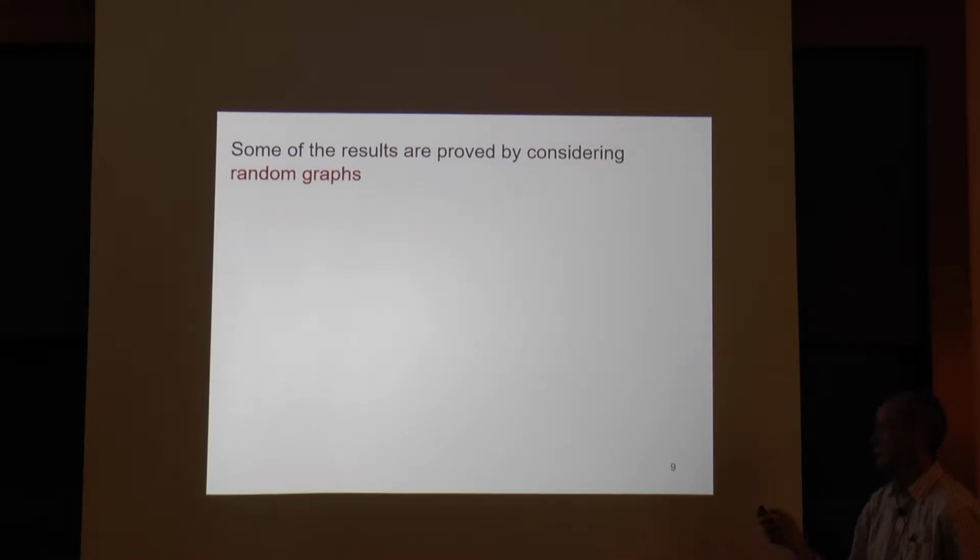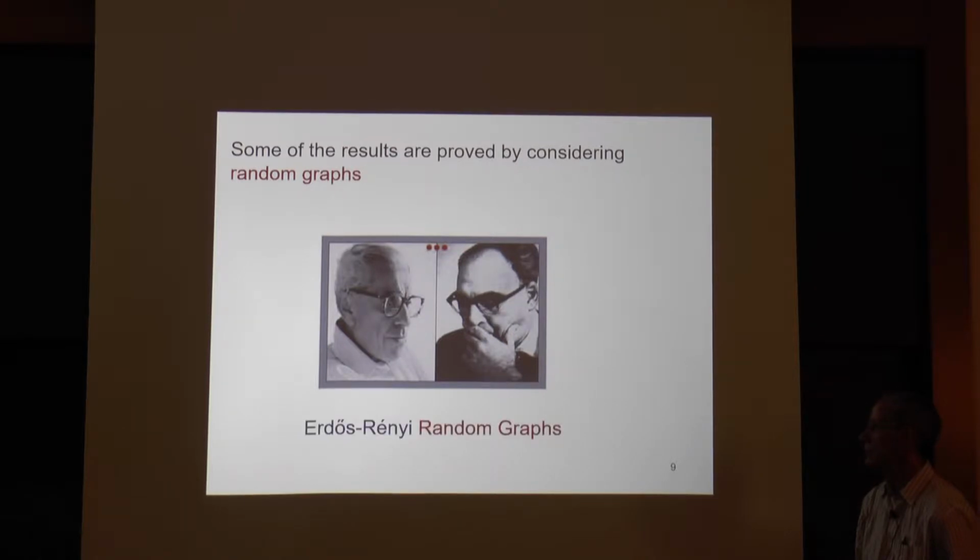So this is what I wrote here, that some of the results are proved by considering some random graphs. And of course, the best known model of random graphs is the Erdős-Renyi model. So here you see Erdős and Renyi. And what I usually say is that this is called the Erdős-Renyi random graphs model because it was introduced by Gilbert. And actually, it was really introduced by Gilbert a little bit before Erdős and Renyi. And their model was a little bit different than the binomial random graphs that we consider today. But somehow it makes sense to call it Erdős-Renyi because their model was very similar, and they proved lots of